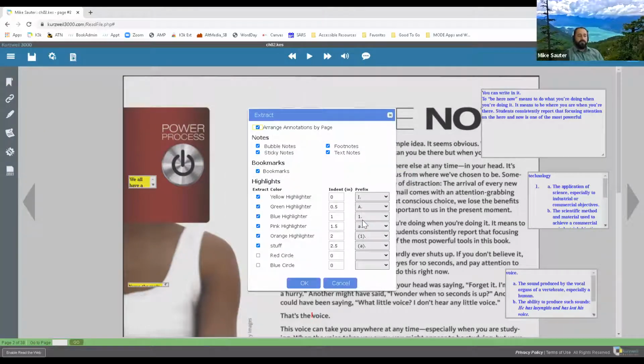If I clicked on the advanced, and let's say I did have highlights, but I wanted to just make a document with only my text notes, notice here, I can turn things on and off. So I can say, you know what, I don't want to extract any of my colored highlights. I only want to extract out my sticky notes and my text notes, and I don't want to extract any of my bookmarks. I just want those two things in this new document.